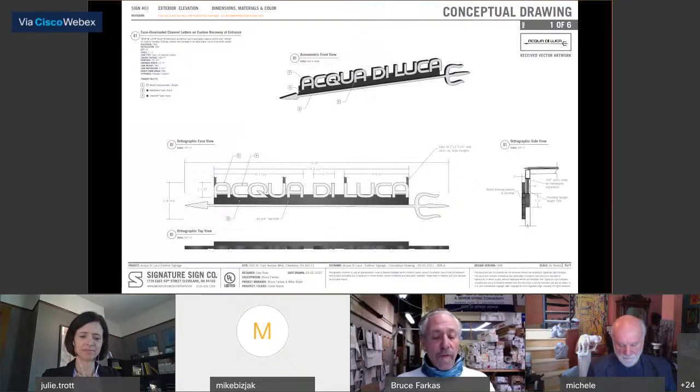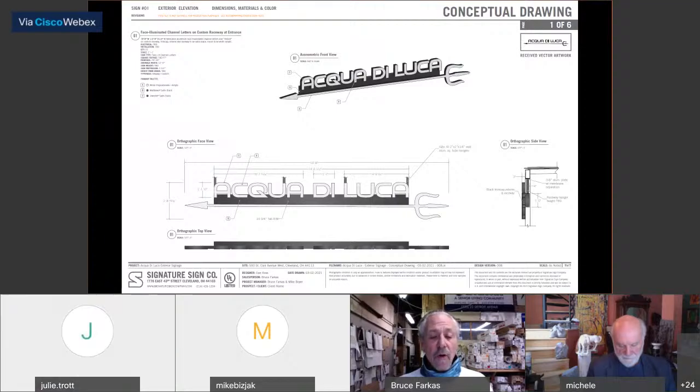So we're asking approval for 2 signs for Aqua de Luca, which is on the northeast corner of West 6th and St. Clair. This first sign that you see depicted is going to be an under canopy sign, located at the entrance facing south on St. Clair. The next sign on page 2